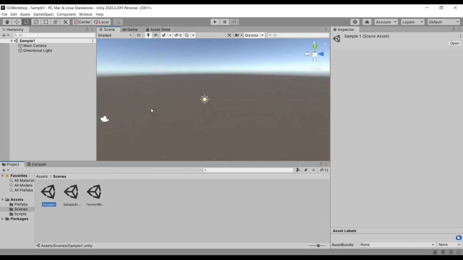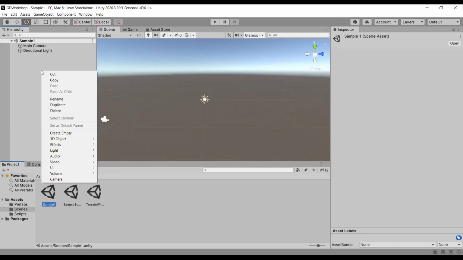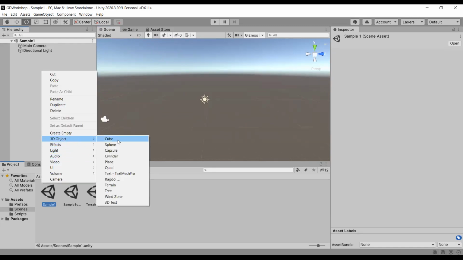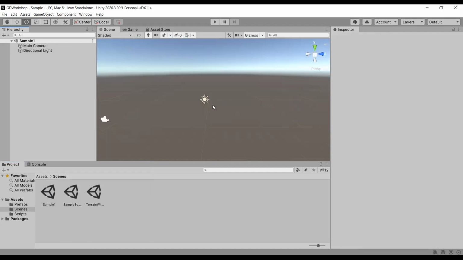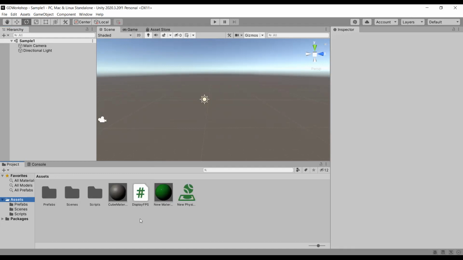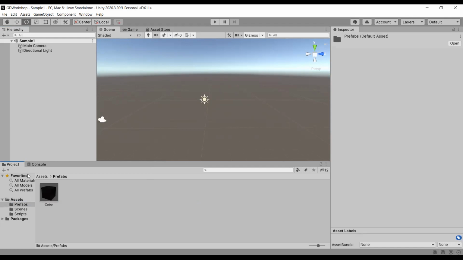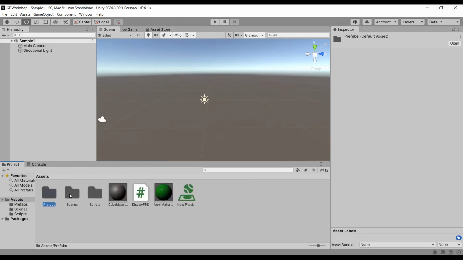So I want to get started with this game. So I'm just going to create a few objects. For creating an object, if I'm completely new to Unity, I want to create a new object. So first of all, I want to check out my assets folder regarding what all I have. Okay, these are the ones that I created.